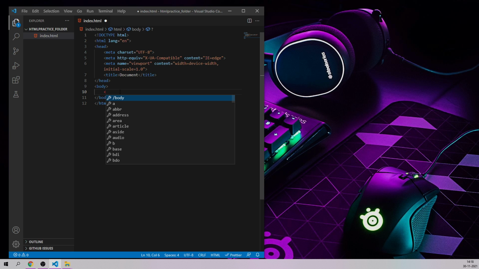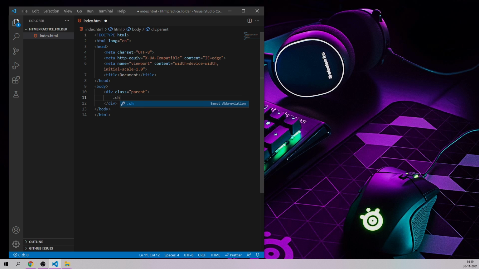First, we are going to have a parent element. So a division, and its class name I want to keep as parent, which will have all the child elements. Right now, I'm going to create three child elements. So I'll say dot child, which gives the common class name for all three child divisions, and along with that dot child hyphen dollar symbol. Now you just have to multiply three times,